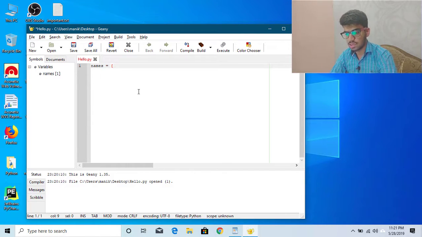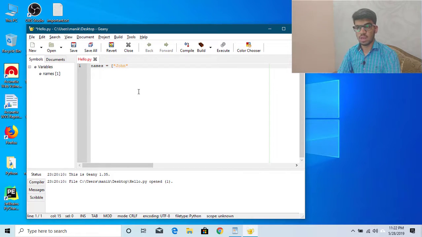So we have to store items. Let's say we have 4 names. All the items in a list can be of different types, but the type should be a string, an integer, or some other basic data type. I'll be adding names to this list, and names are often strings, so I'll start with a double inverted comma, which refers to a string, as I explained in the previous videos. Let the first name be John,